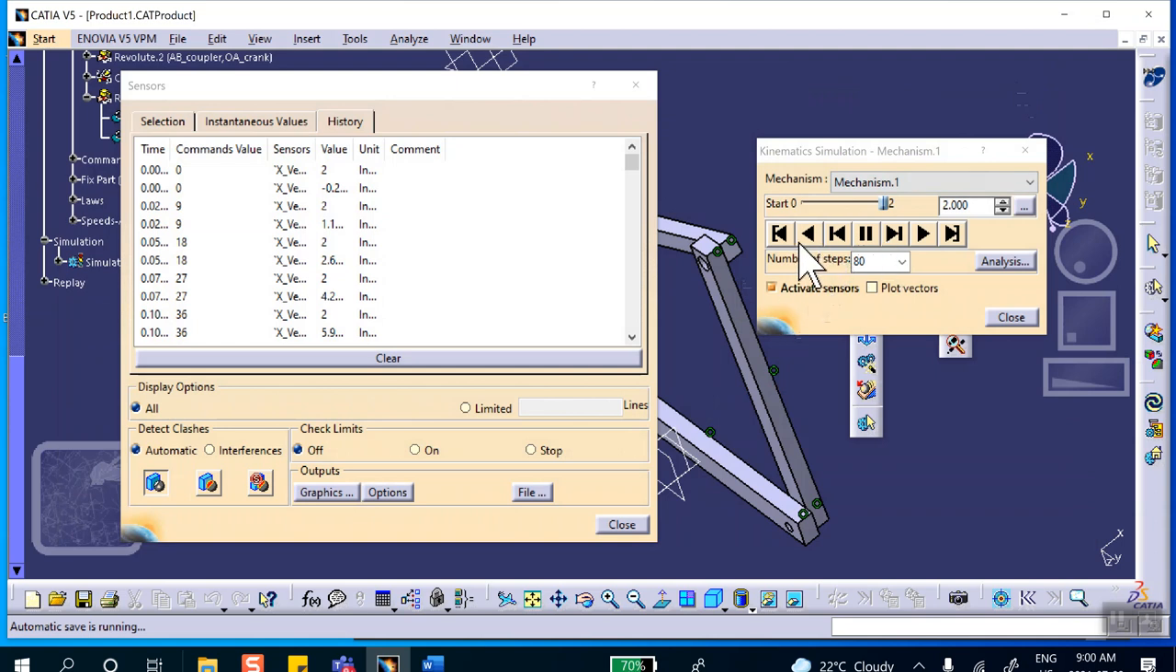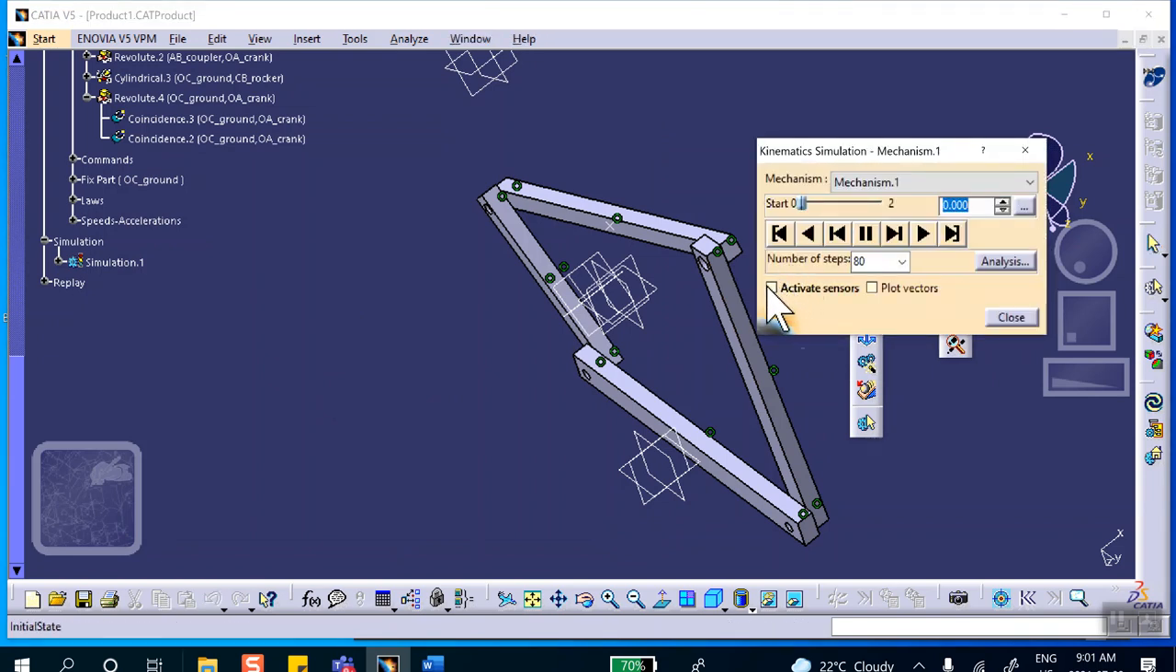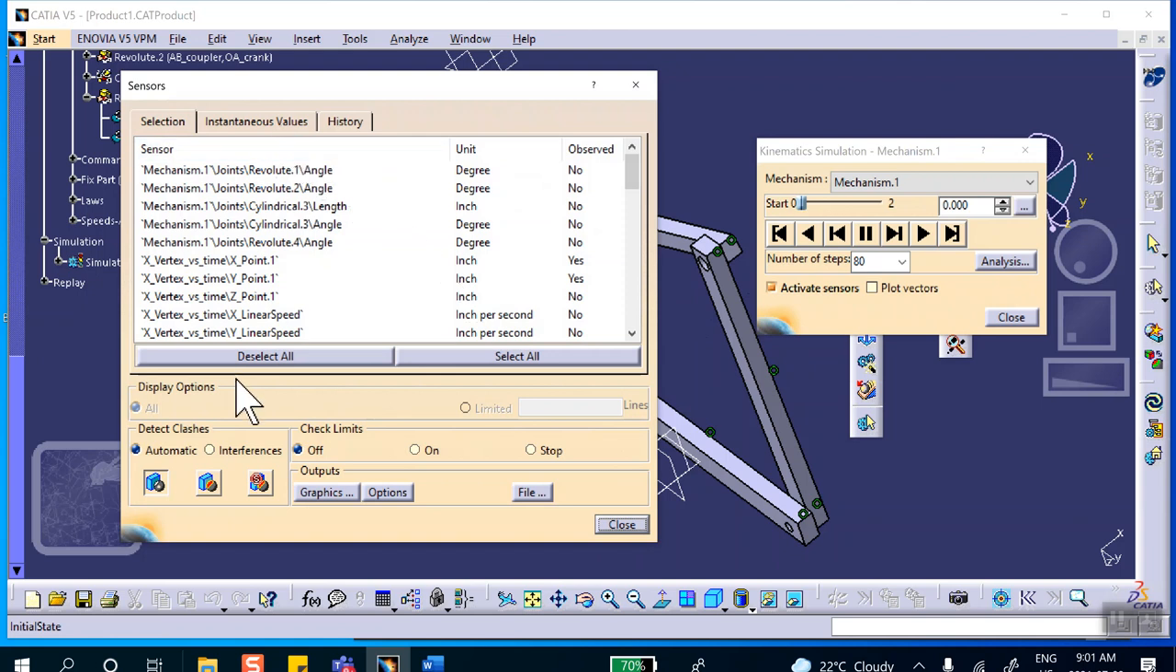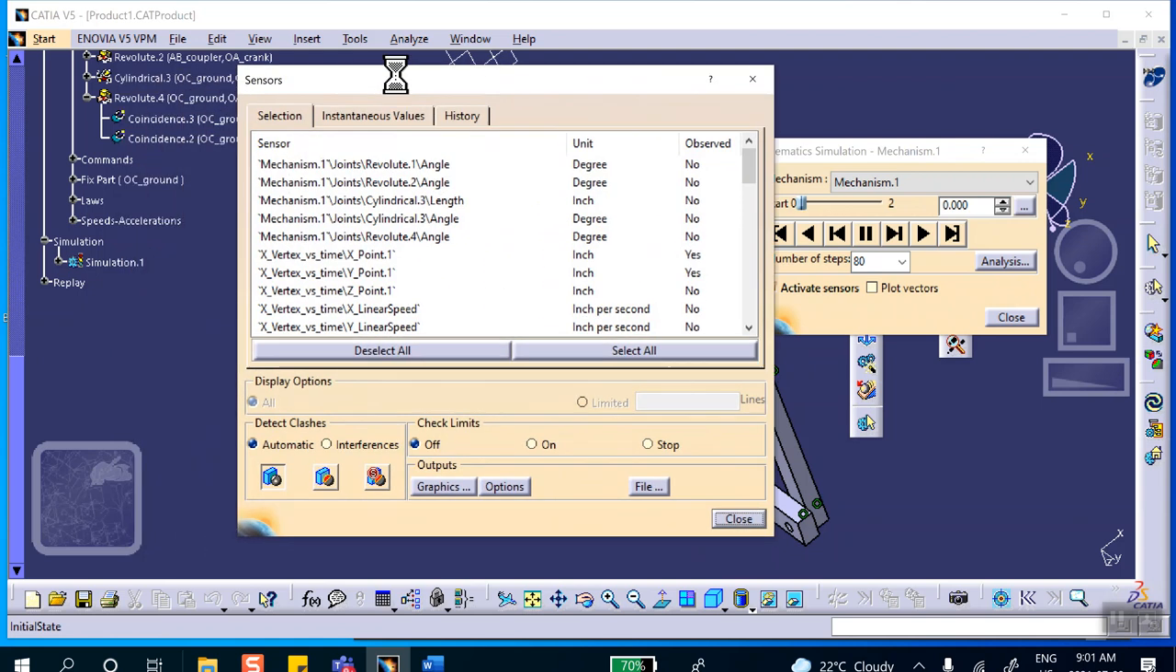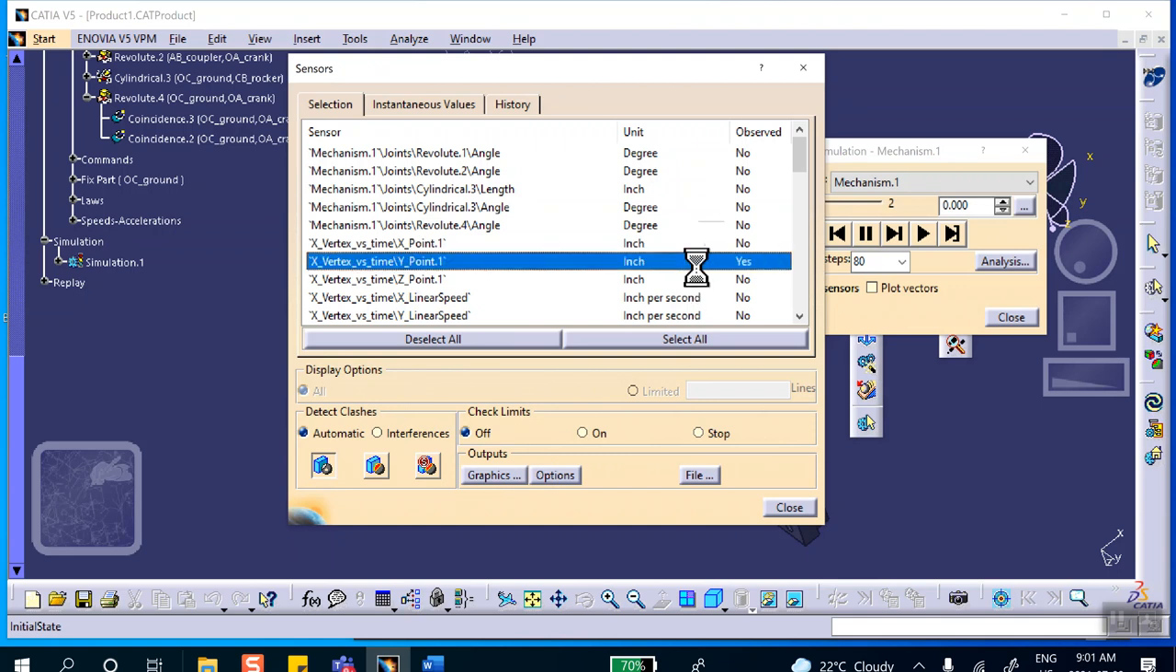Now, let me rewind this. Yeah, close that and close this. Do it again so you don't get confused. So click on that one more time. Activate sensor. But the sensor that I want is for that second one, right? So let me undo these. I want the speed and